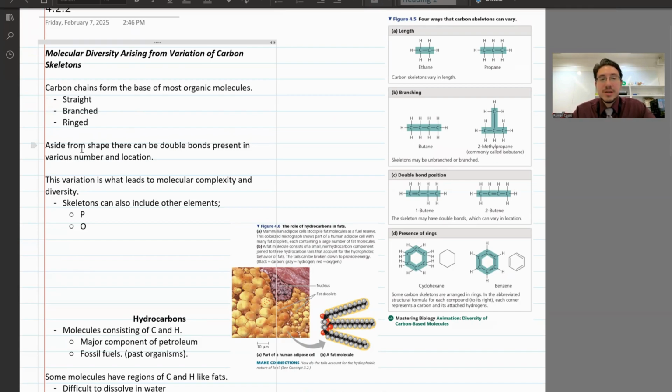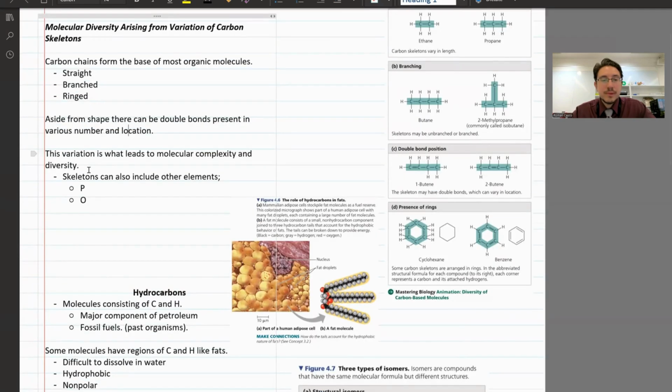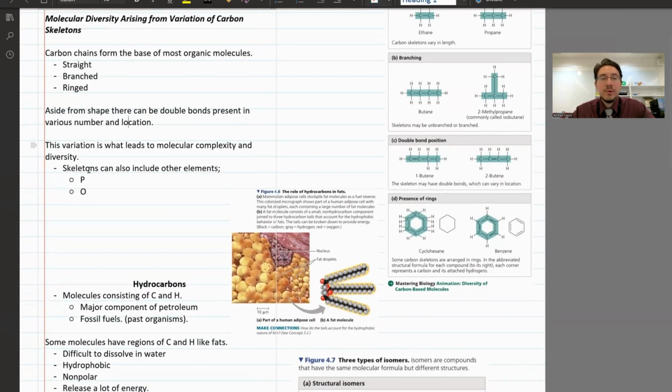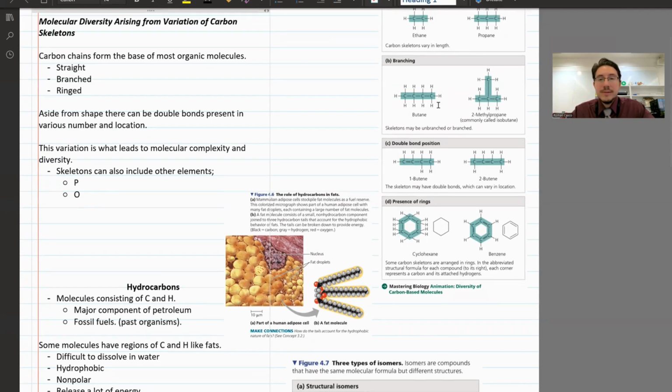Aside from the shape, there are double bonds that could be present within the structural formula, right? And you can have several of these throughout the skeletal structure. And again, depending where you are, you'll have some more complexity in the molecule, different functions, and so forth. Again, as I mentioned before, skeletons can also include other elements: nitrogens, oxygens, hydrogens, of course, phosphorus. To see a visual here,